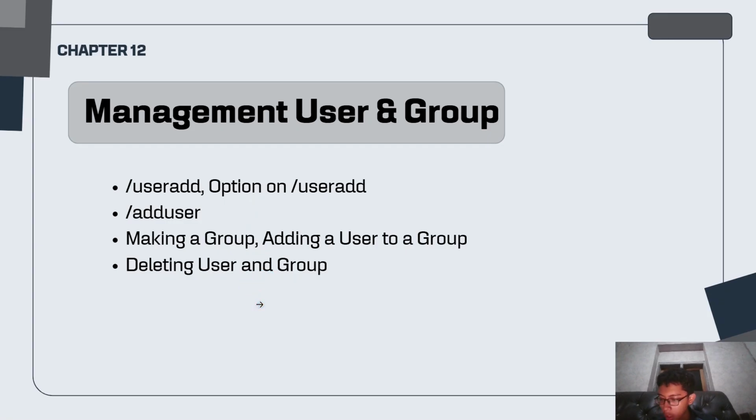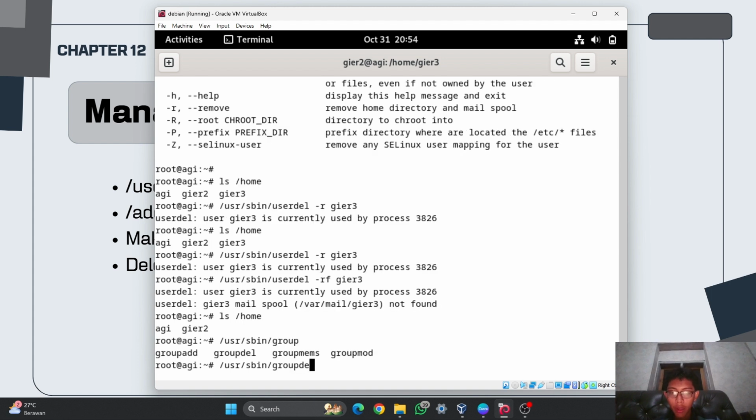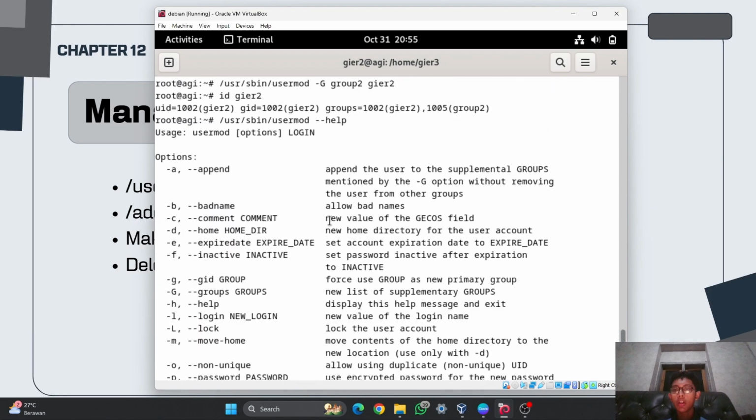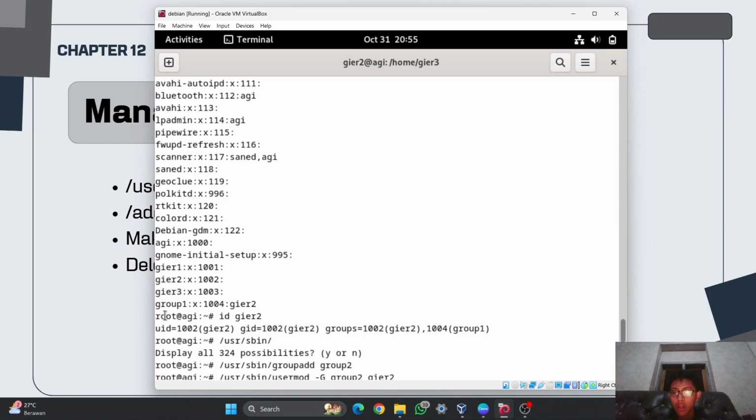And for the last one, which is deleting a group, to delete a group you can use groupdel. Wait, I will delete it, this one /bin, and then this groupdel, and then wait, I will check again. Oh sorry, after groupdel, for example, I want to delete group 1.